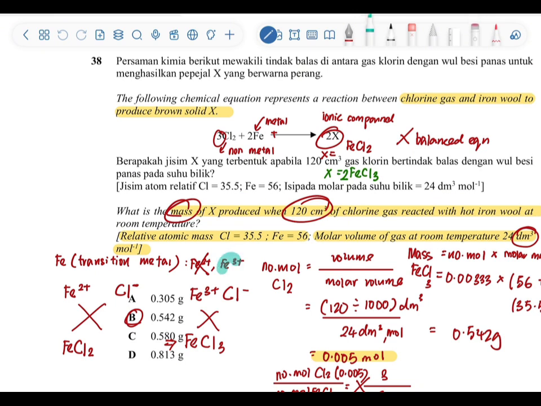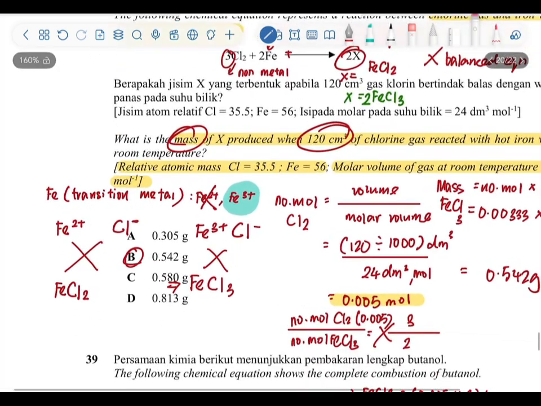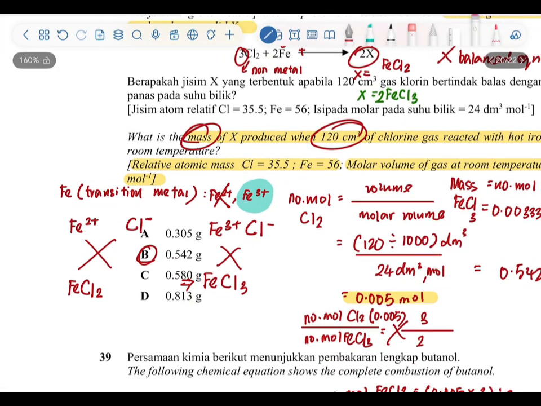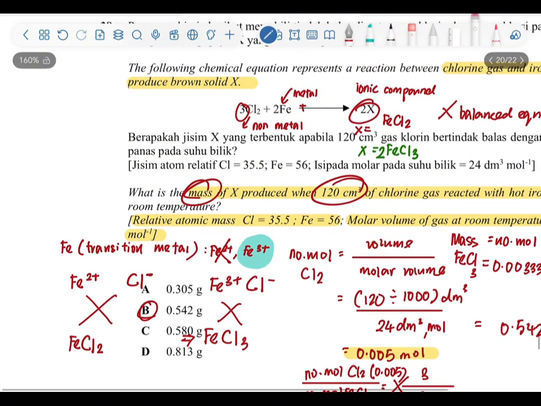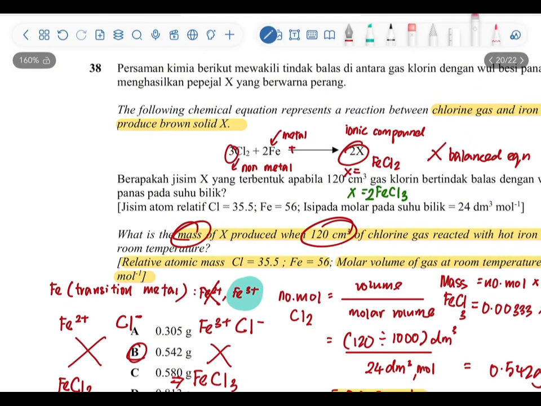So definitely we know that the answer would be Fe3+. But we also need to check it again. So let's say we do a cross again. So copy down the Fe3+. Now we substitute the 2+ to the 3+, and then same for chlorine. Then we cross it. So the charge for the chlorine now is 3. We need to copy down the opposite charge for the element to the chlorine. It is always opposite. So when we put this, X equals 2 FeCl3,